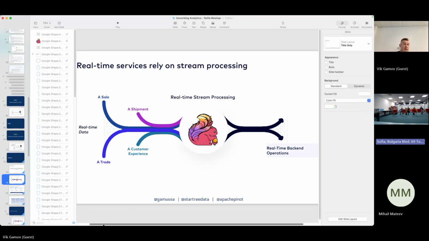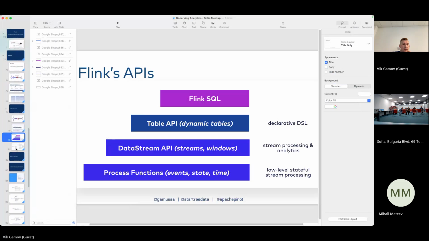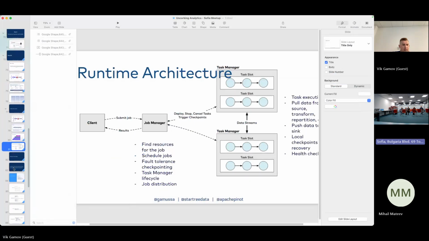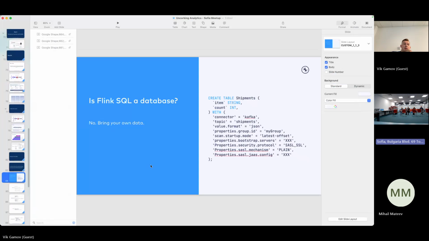Why do we need this? There's a bunch of use cases where Flink SQL can be used. One of the examples is the reason why I built this workshop around not doing any coding, so that people don't need to compile and mess around with different dependencies and things like that. So we're sort of staying in this gray area where everything is SQL. But we know that this is not entirely true because